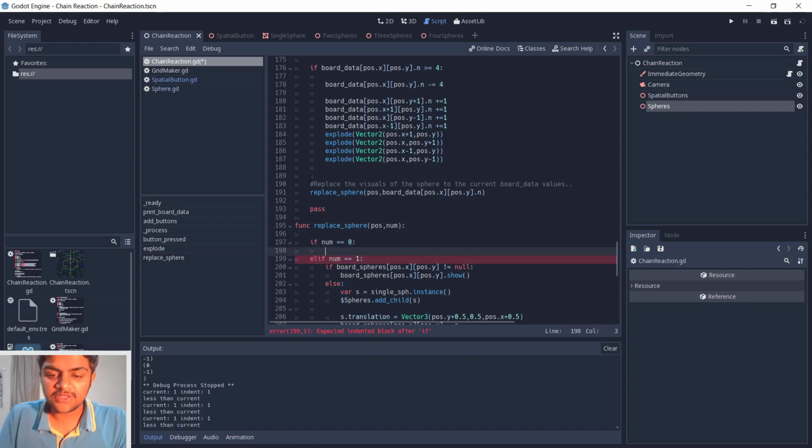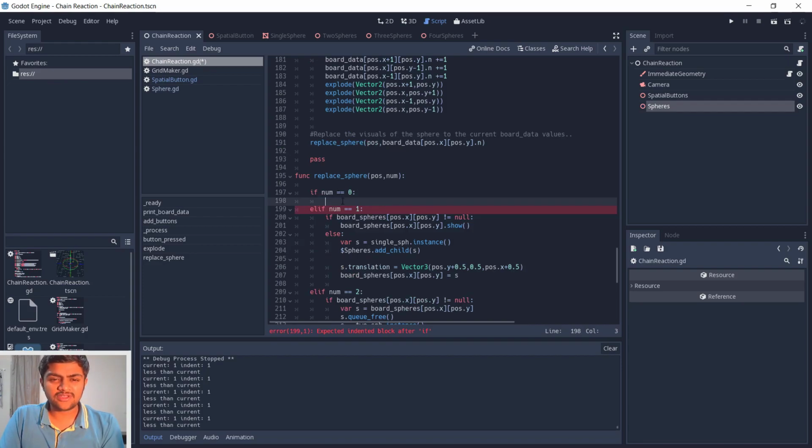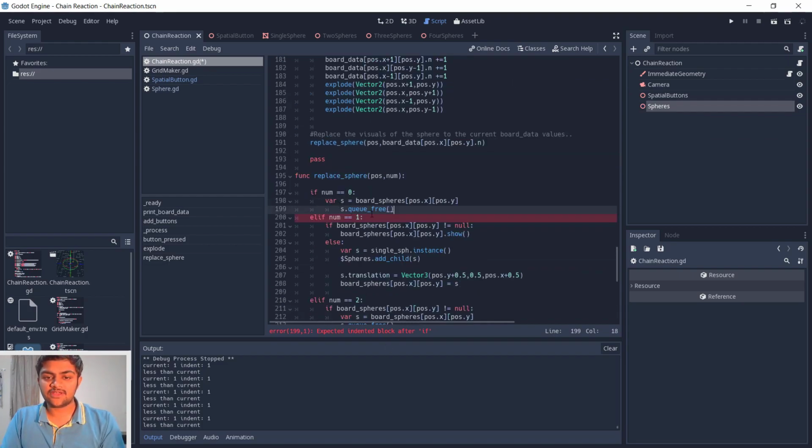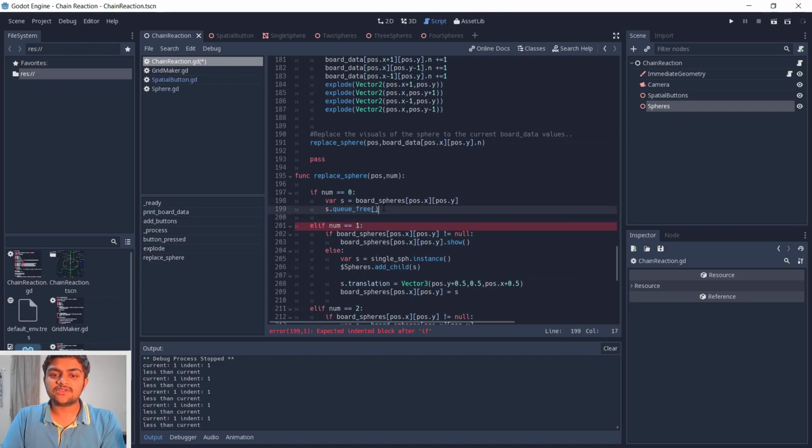So if the num is 0, what we need to do is just probably delete what's there. Shall we delete or just shall we hide? I think it's better to delete. I don't think there will be another instance when it explodes, so it's better to delete. So I'll just copy these 2 lines of code and then just paste it there. So this means we are just deleting whatever's in that space. So cool. This is getting updated,